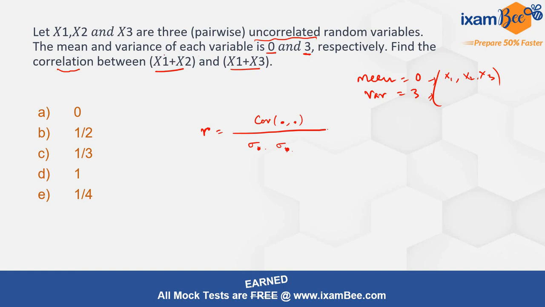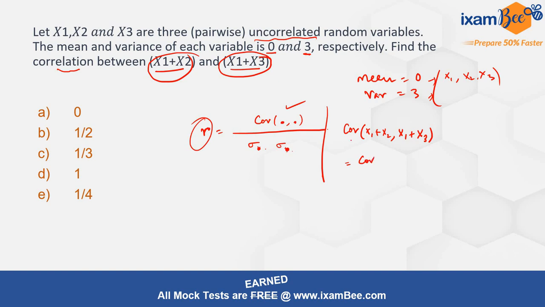Now in our question it is x1 plus x2 and x1 plus x3. So this is the information we need to find the correlation. First let's try to find out the covariance. How do I find the covariance between x1 plus x2 and x1 plus x3? This is what I need to know. Now try to expand this bracket. So this is going to be the covariance between x1 and x1